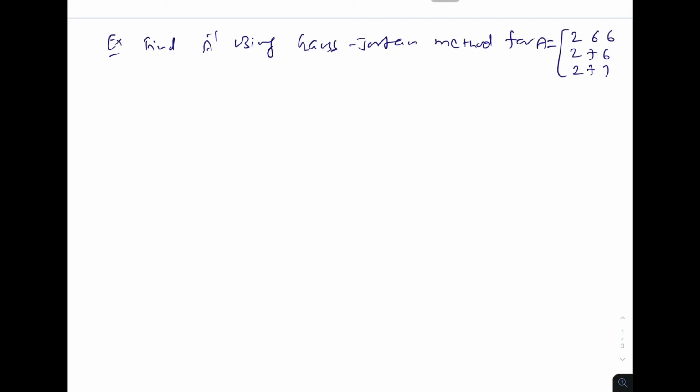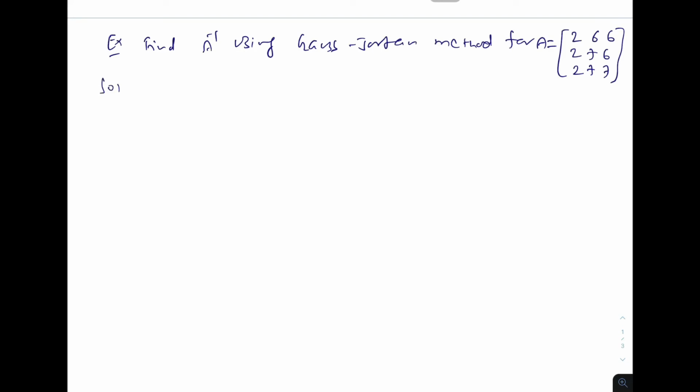Find A inverse using Gauss-Jordan method for A equal to 2 6 6, 2 7 6, 2 7 7. So here